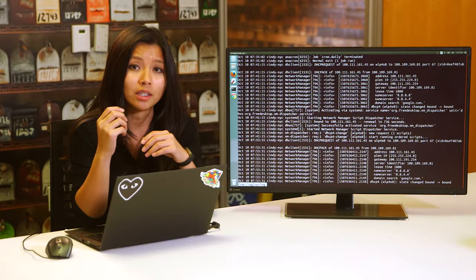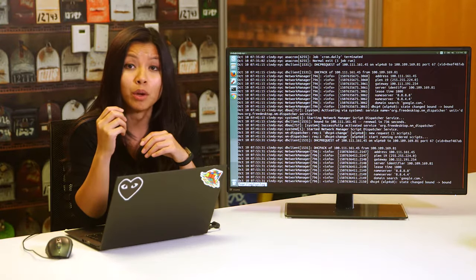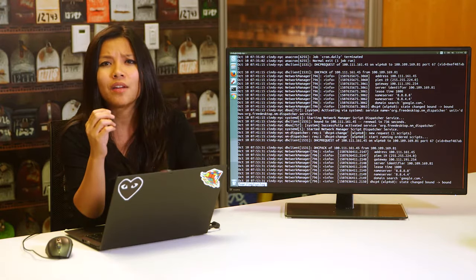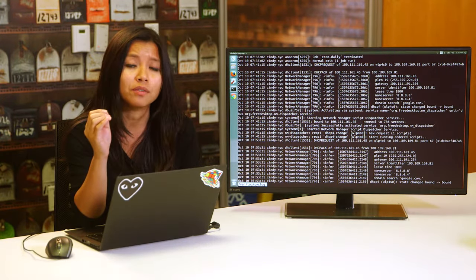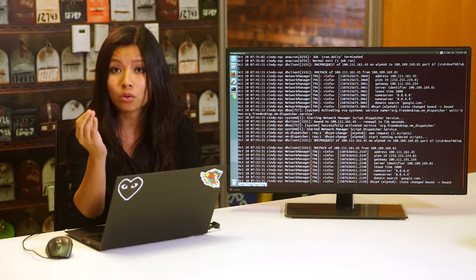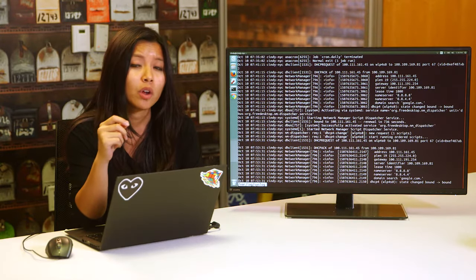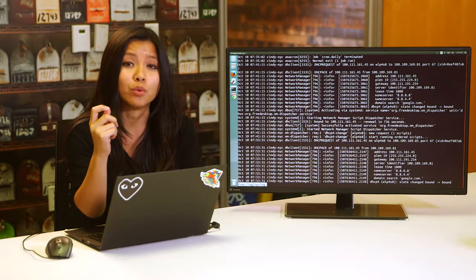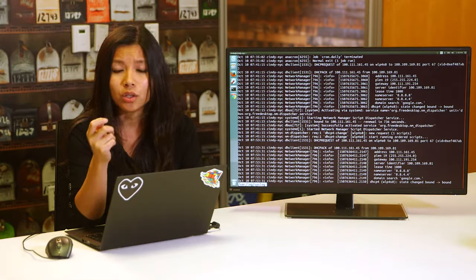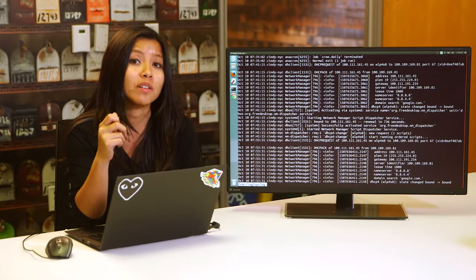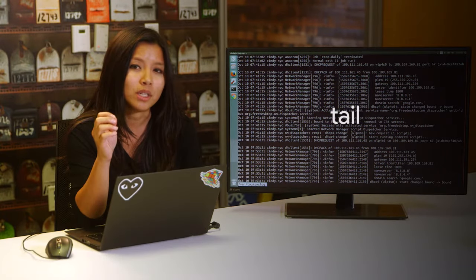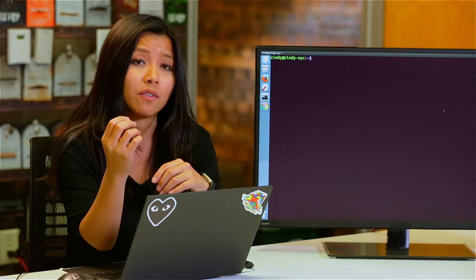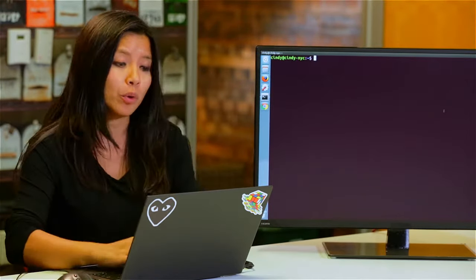Another troubleshooting tactic you can use with logs is to check them in real time. Let's say every time you launch a specific application, it does something abrupt and shuts off. Sure, you can check the logs in post and keep track of your time, or you can look at the logs in real time. To do this, we can use one of the commands we learned in a very early lesson, tail. Let's take a look at what this means. We're going to tail -f the syslog file and keep it in an open window.